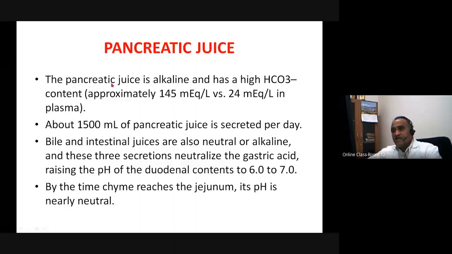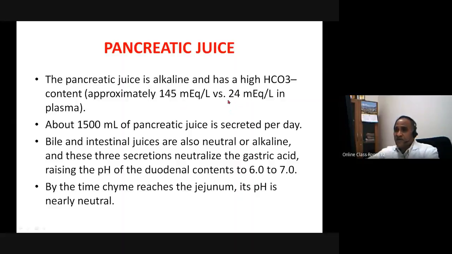The pancreatic juice is alkaline, so the pH is around 8. It is rich in bicarbonate ions and also has an enormous amount of water associated with it. If you look at the bicarbonate ions, it is about 145 milliequivalents as against 24 milliequivalents in plasma. You can just see that it is nearly 6 times